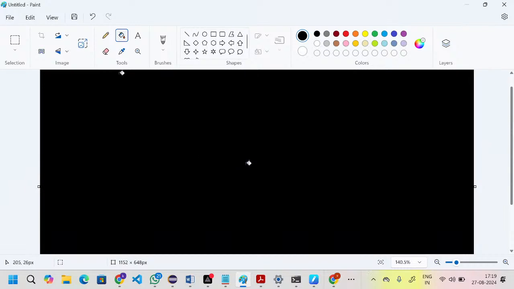Interface meaning we can assume we have two systems. This is the one system, and then the second one is